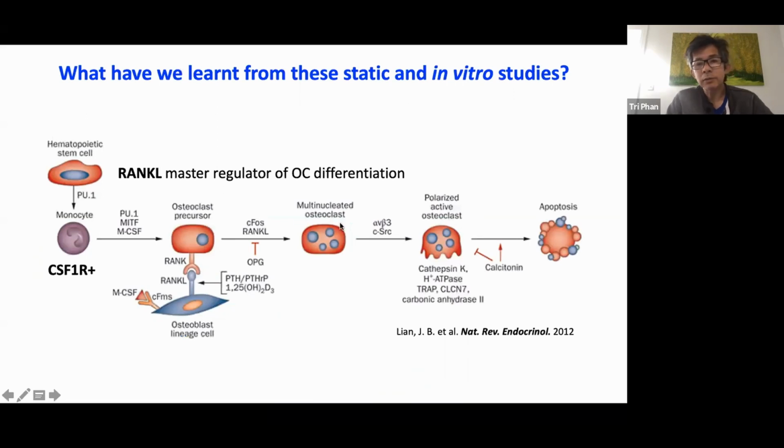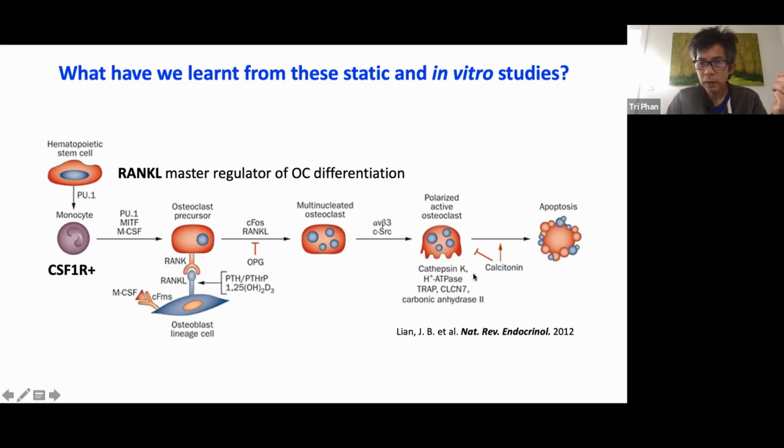So what we have learned from these static and in vitro methods is basically summarized here: osteoclasts are formed from the fusion of multiple CSF1 receptor positive precursors. And so this is why they're multinucleated, and that multinucleation is actually really important in their bone resorption capabilities. One of the big drivers of that multinucleation is a TNF superfamily member called RANKL. And this is actually the master regulator of osteoclast differentiation. So monocyte macrophage lineage cells, when stimulated in the presence of RANKL, will fuse and will form osteoclasts and resorb